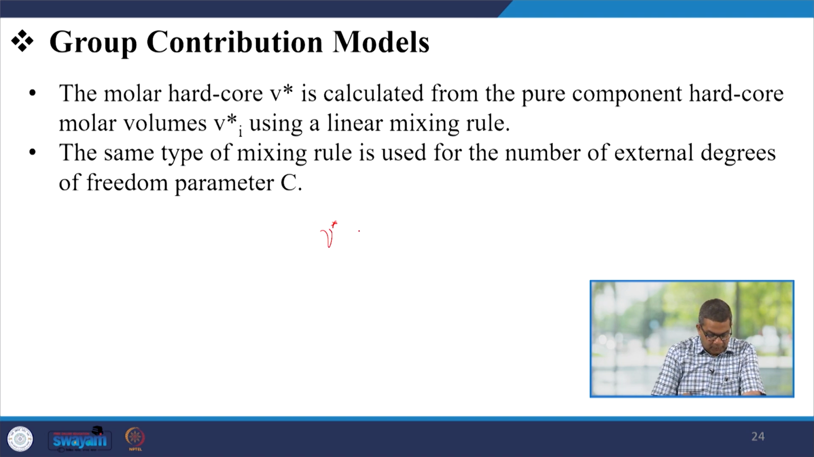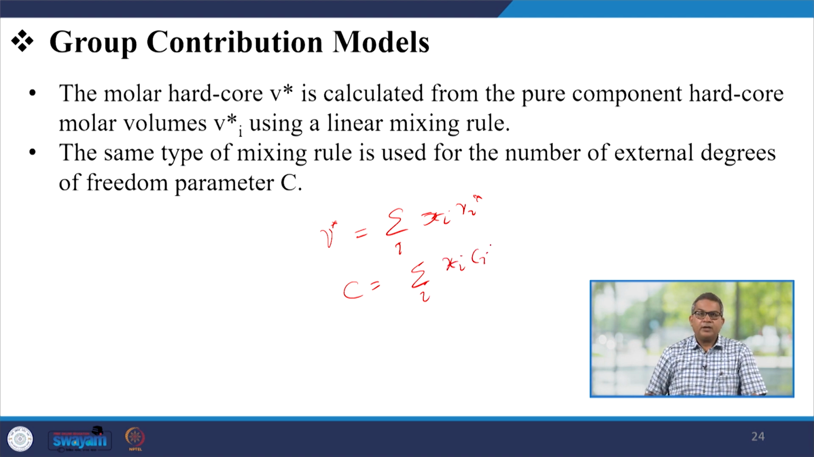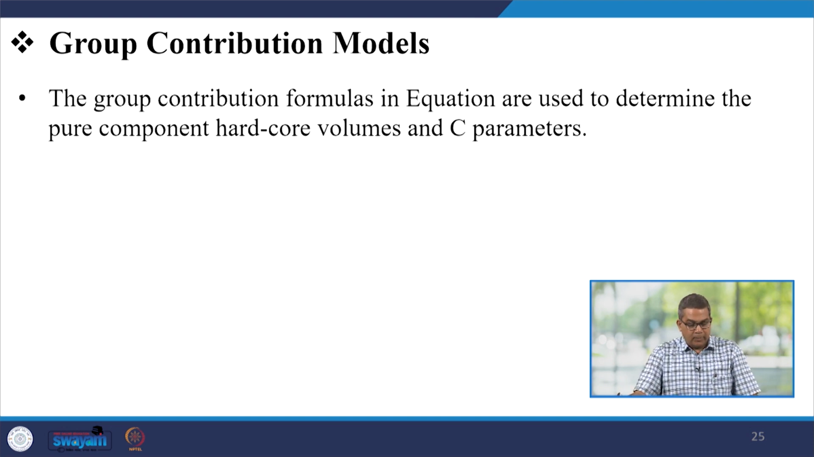This one can be represented mathematically like this: X_i C = Σ_i x_i C_i. Now, this same type of mixing rule is used for a number of approaches. The group contribution formulas in these equations are used to determine the pure component hard-core volume and the C parameter. Now, here this can be represented like this: